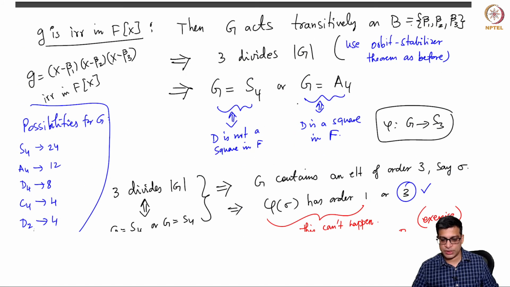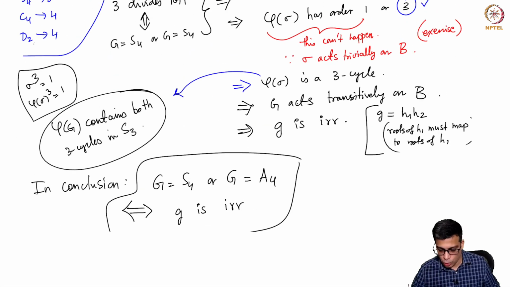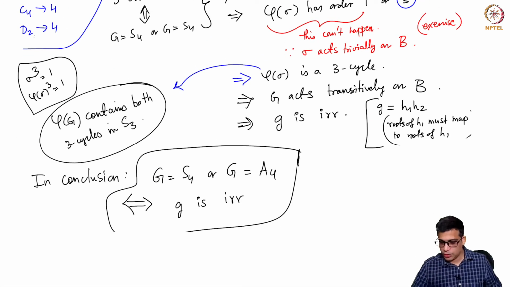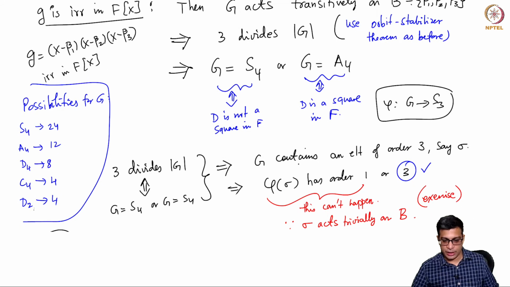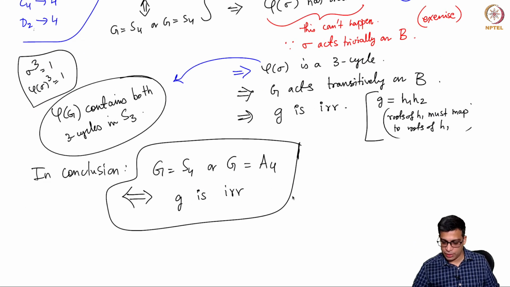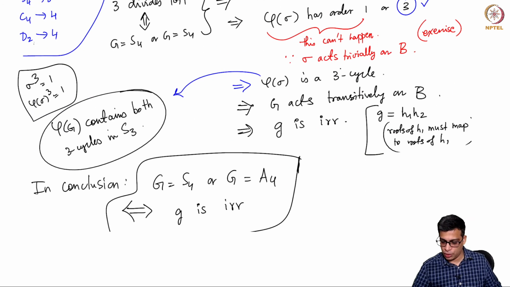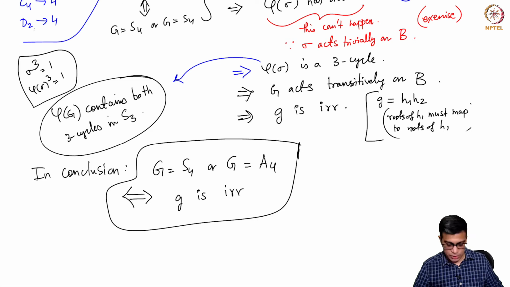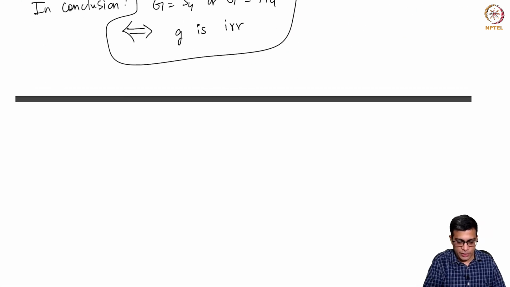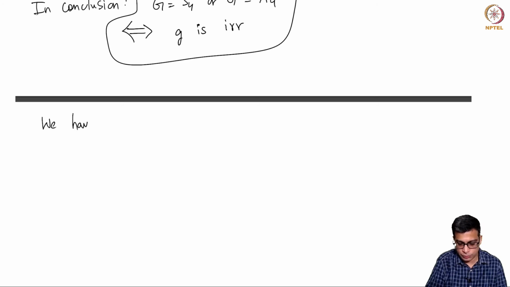Okay. So I am sorry, I am going fast about this, and maybe this is just too much material to grasp in a video, but please pause it, watch it multiple times if needed to conclude what I am writing here. So essentially this slide here contains the proof of this equivalence. If G is irreducible, you concluded that capital G is S4 or A4. On the other hand, if capital G is S4 or A4, we have concluded that small g is irreducible. And now I claim that we have finished the proof.